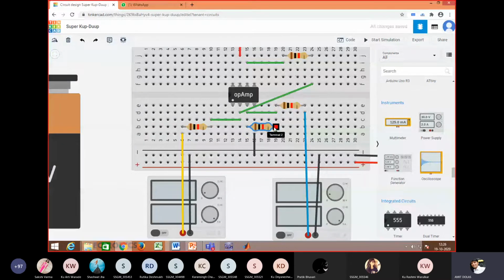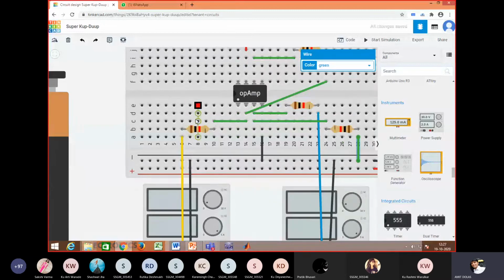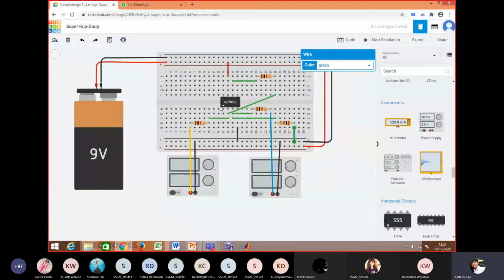यहाँ पे गलत हो गया है. This will be shorted. So what I will do, I'll rotate this, or I'll take it somewhere away from pin number 3. So this resistance is there. I'll connect it into pin number 3. So this is pin number 3, and another terminal, this one, will be connected to the ground. So this is the complete circuit.